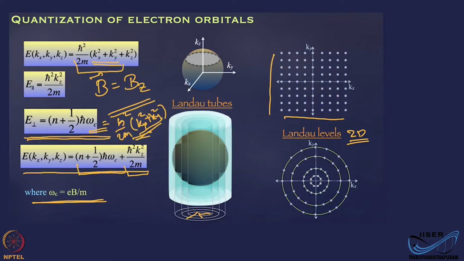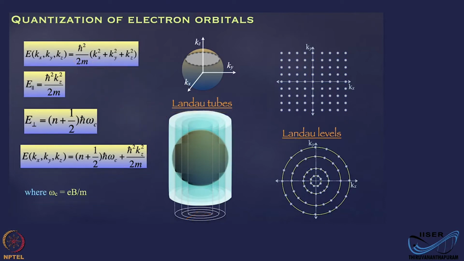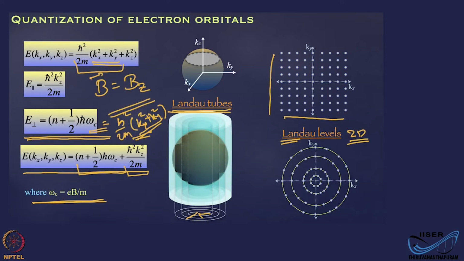So these are called Landau tubes, and these are Landau levels. That is what we have for a three-dimensional case and two-dimensional case in the presence of a magnetic field, and we call this a quantizing magnetic field because these fields should be comparatively larger